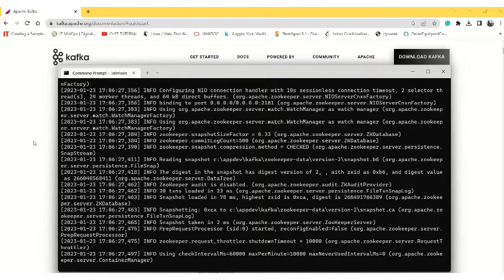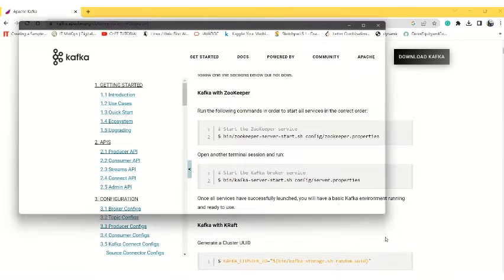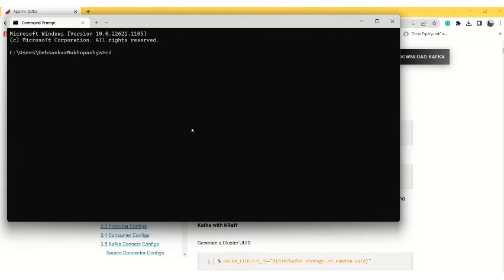Our next task, what is that? That is to start the Kafka broker service. How do you do that? Again, follow the similar pattern. Open a command prompt. Navigate to your folder. It's easy, right? Kafka, and then we go to this folder. This is our root folder for the Kafka, and then we do bin, and then Windows, and then